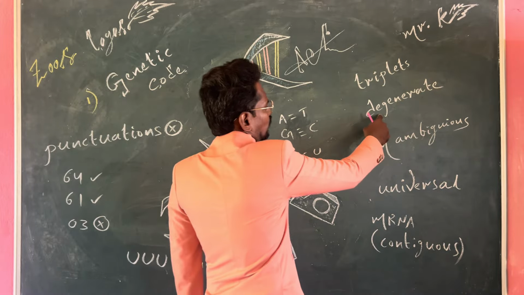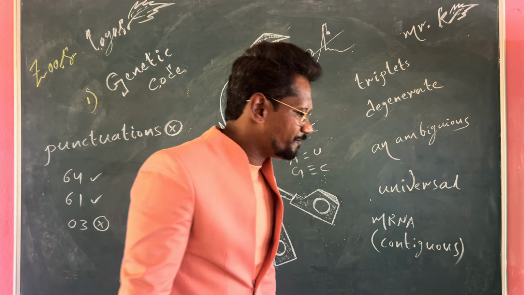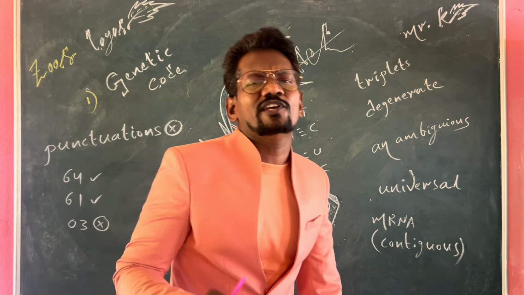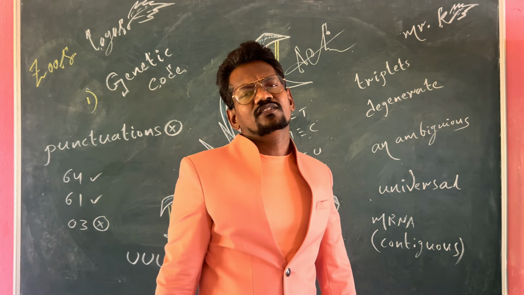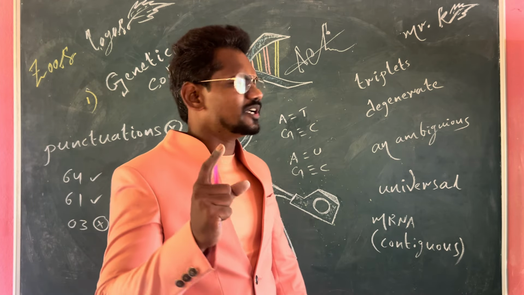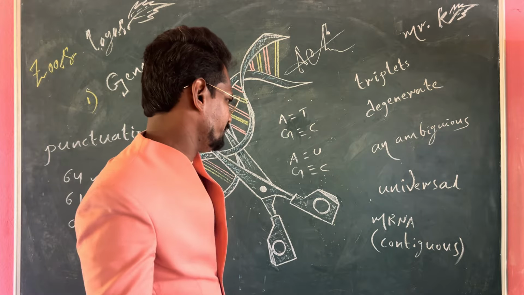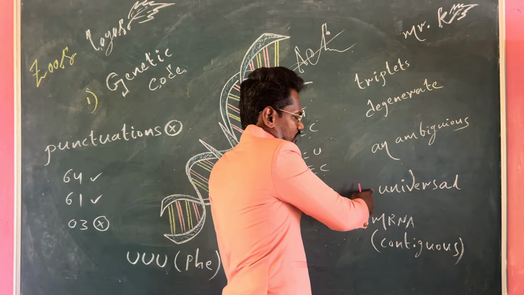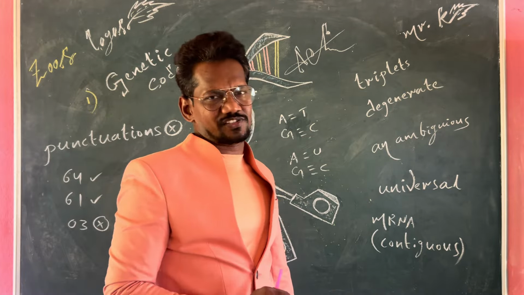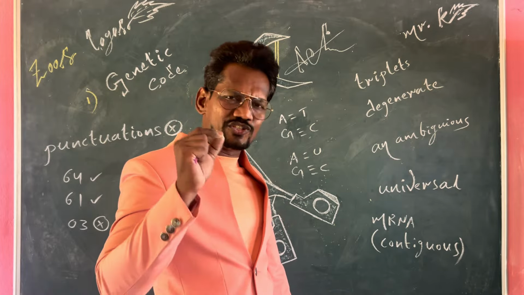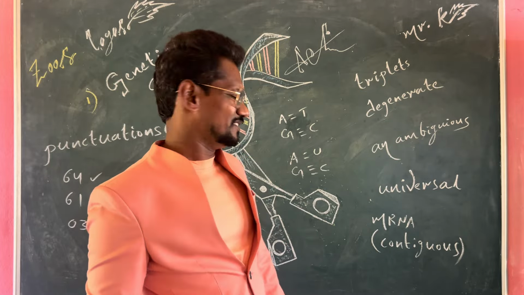Sometimes the genetic code or the codon is degenerate. What is meant by degenerate? In the sense, very rare. One amino acid can be coded by more than one genetic code or codon, because that is known as a degenerate phenomenon. Then always this genetic code is universal. Each and every triplet is universal. It only codes one type of amino acid.